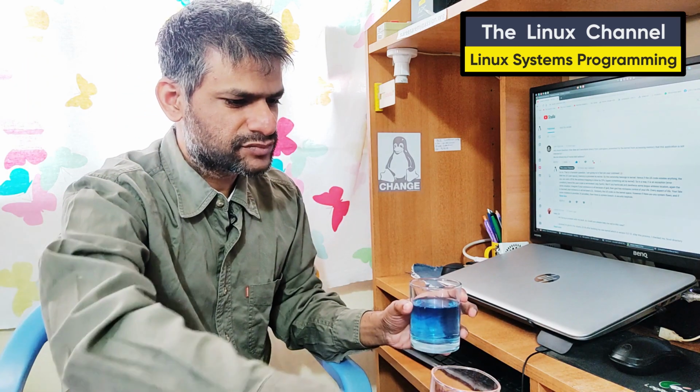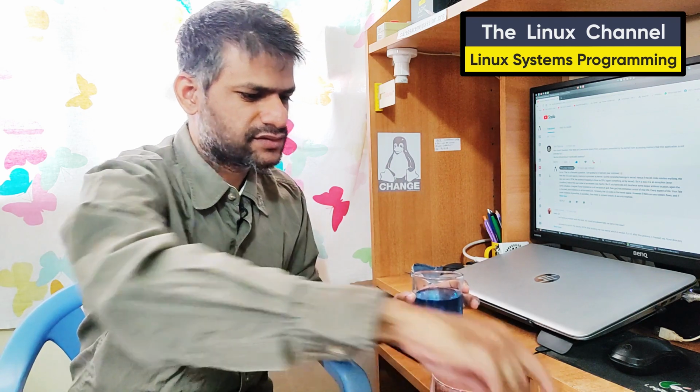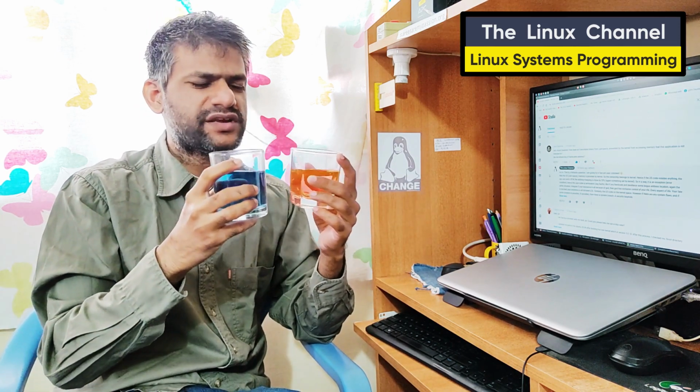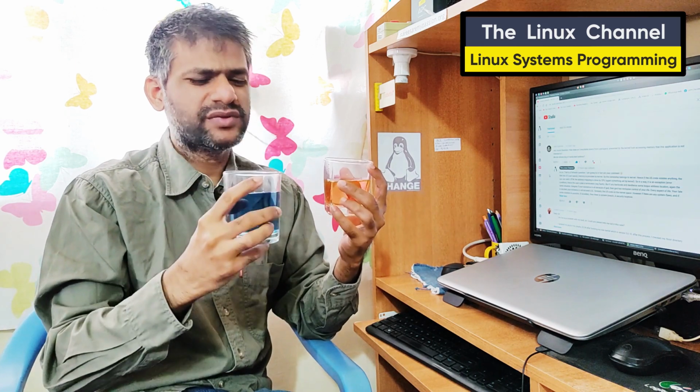So we can assume that these two glasses represent two different independent processes, which are user space applications. Every time you write any simple C code with the main API, or C++, this is exactly what happens. Of course, when you do some Python scripts, an interpreter actually runs your scripts, so there it happens in a different way. But let's take an example of a typical C code: you compile it and you run it, and you have its own address space.